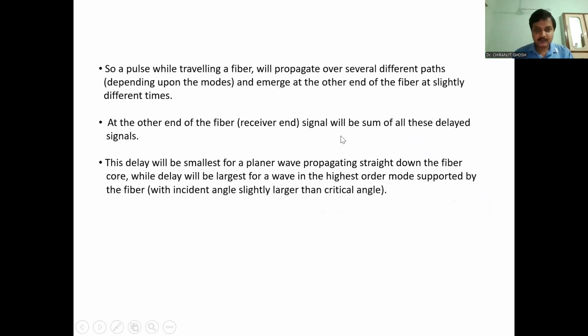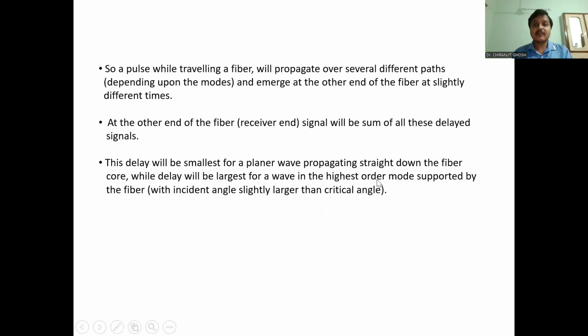Okay, so that is written here. A pulse traveling along a fiber will propagate along several different paths and emerge at the other end of the fiber at slightly different times. At the output end of the fiber, the signal will be the sum of all these delayed signals. The delay will be smallest for a planar wave propagating straight down the fiber core. That means the axial wave will have the smallest delay because it is propagating the shortest distance, while the delay for the highest order mode